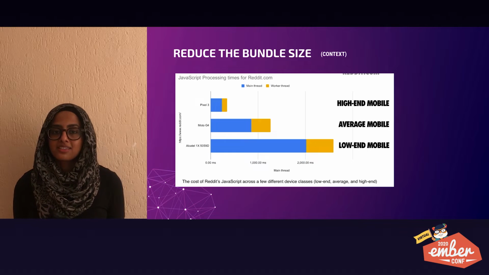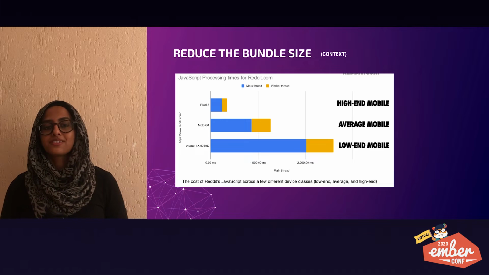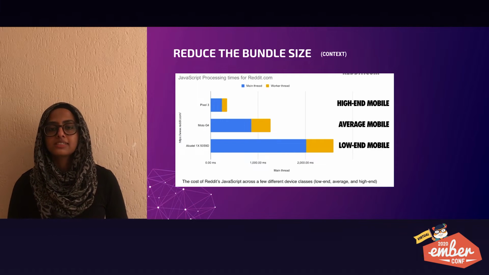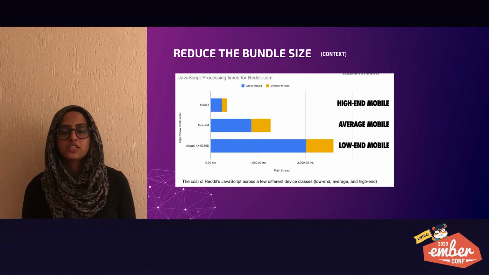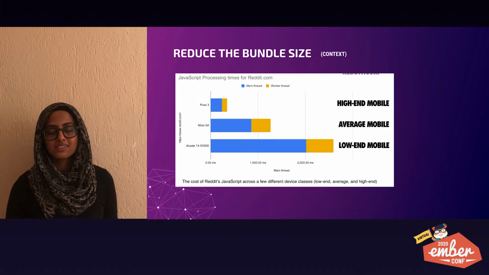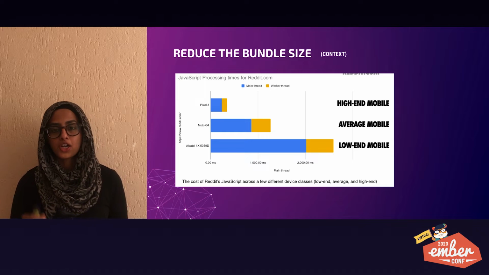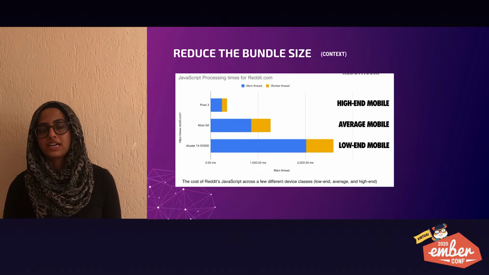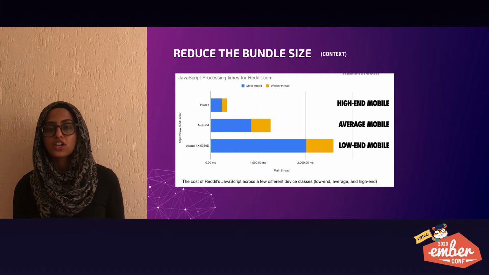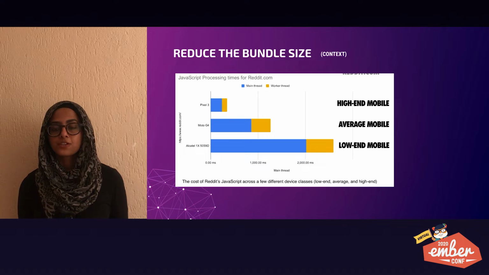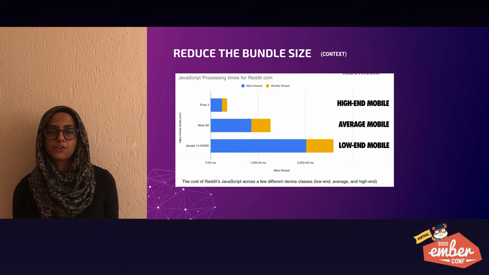According to Addy Osmani's article, The Cost of JavaScript in 2019, which I recommend that everyone reads, he outlines how on mobile it takes 3 to 4 times longer for a median phone like a Moto G4 to execute Reddit's JavaScript compared to a high-end device like the Pixel 3, and over 6 times as long on a low-end device like the Alcatel One X. Similarly, downloading bloated JavaScript and CSS files on a slow network connection increases the first meaningful paint time, thereby leaving the user with exactly the same feeling of frustration.